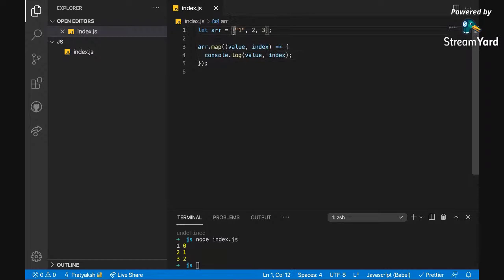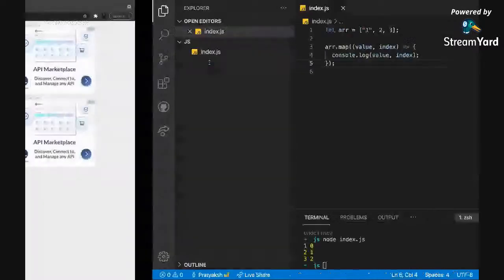It's iterating, moving through your array, and getting value and index from it. So the map function is iterating through this array. You get a value and an index, and then you can do whatever you want with this value and this index. This is one of the most important functions of array, map. You'll use it again and again when you move to React.